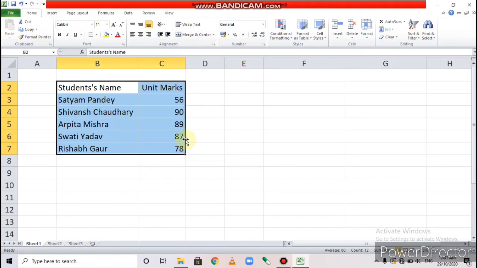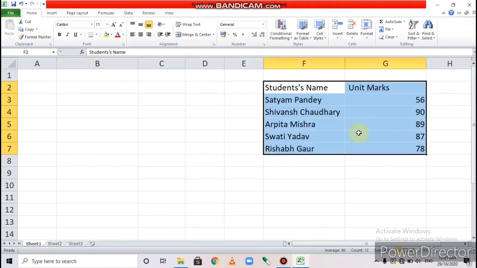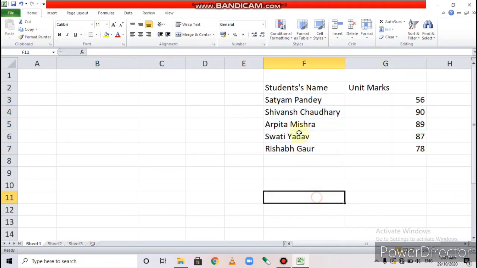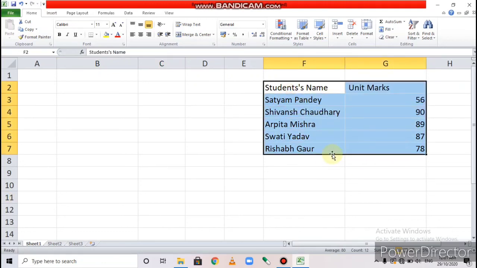When the mouse pointer is converted into four-headed arrows, press the left mouse button and drag it to the destination cell if you want to move. And if you want to copy the data, select the range, place the mouse pointer on the boundary. When the mouse pointer is four-headed arrows, press the Control button and drag the mouse.